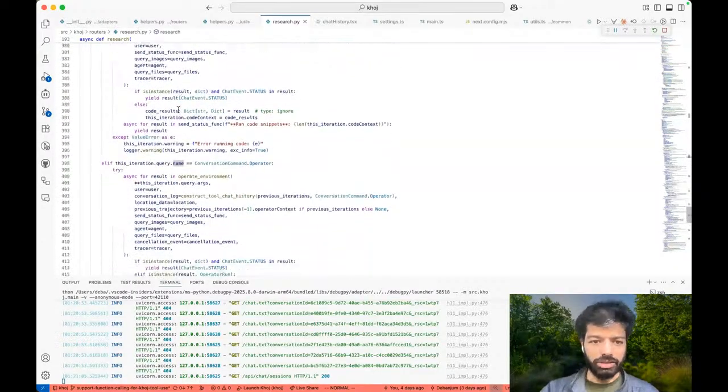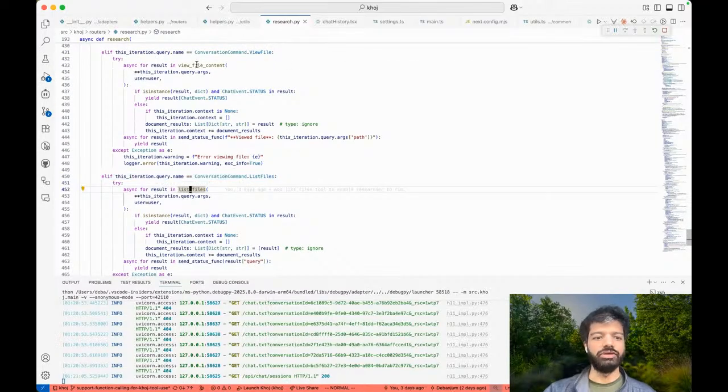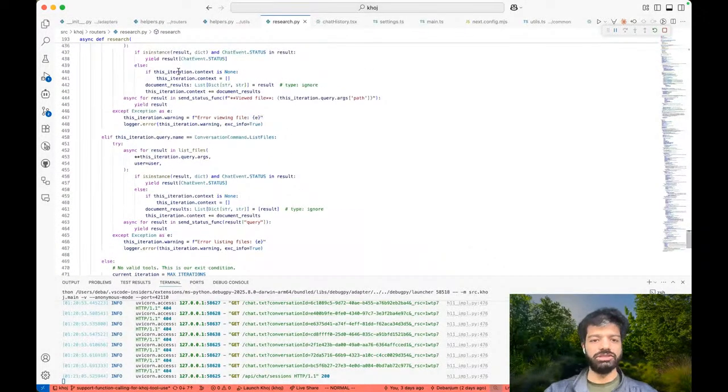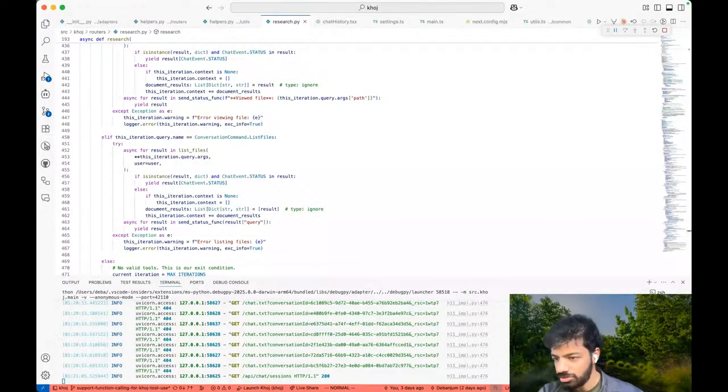I have added the 2 other tools mentioned, which are view file and list file. So these 2 call the list file and the view file content functions. And again, the loop continues, right? And here we're going to just add another tool and then wire it up to do a regex search, file search, or grep through your personal notes.